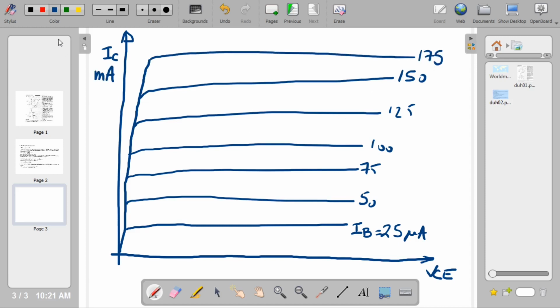Okay, so then you're going to draw what is called the load line. To do that, you set VCE equals 0, which means the transistor is saturated, and you compute or you measure